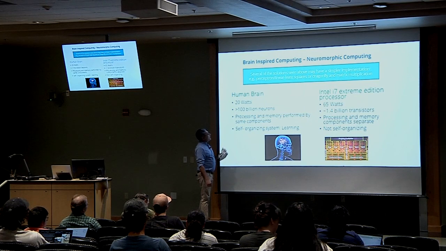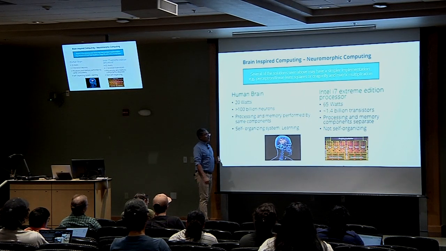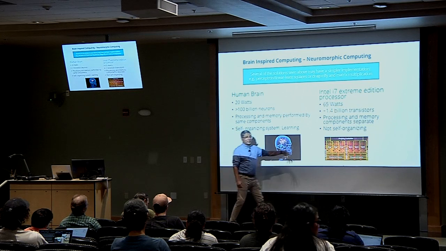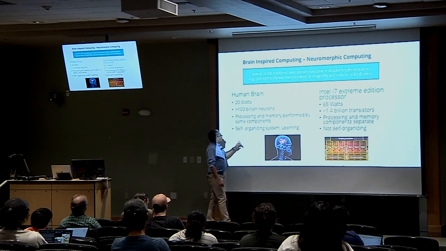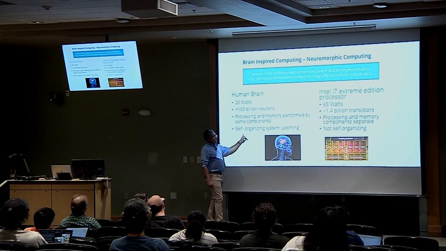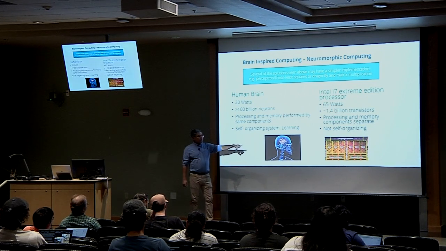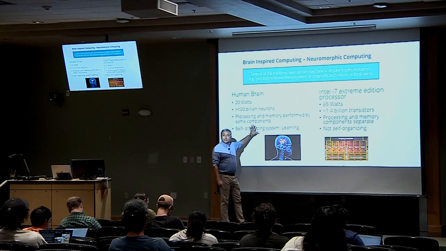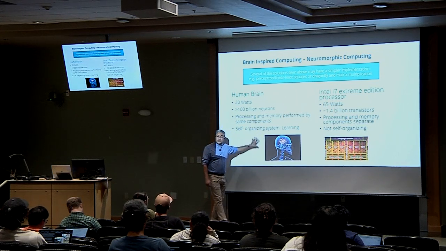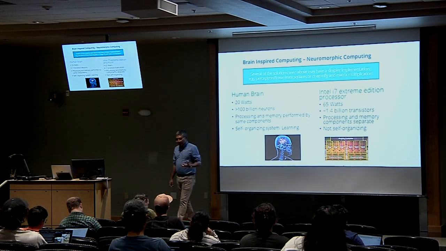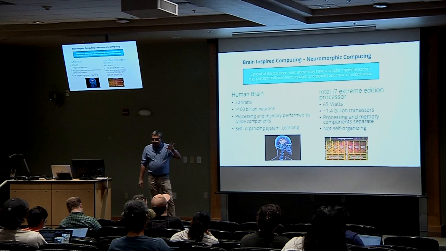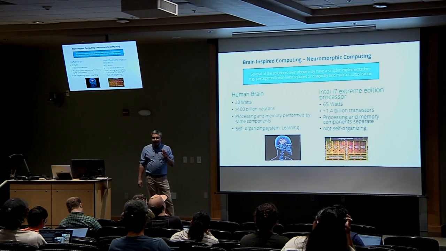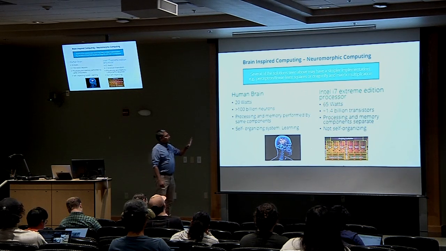And then it's extremely parallel. That's not how your von Neumann architecture works. There are different architectures. And it's self-organizing. It's changing all the time. It learns. That's kind of fixed. So could you then build a different computing architecture that's inspired by what the brains do? And this is neuromorphic. And there are various details there I've conveniently washed out.